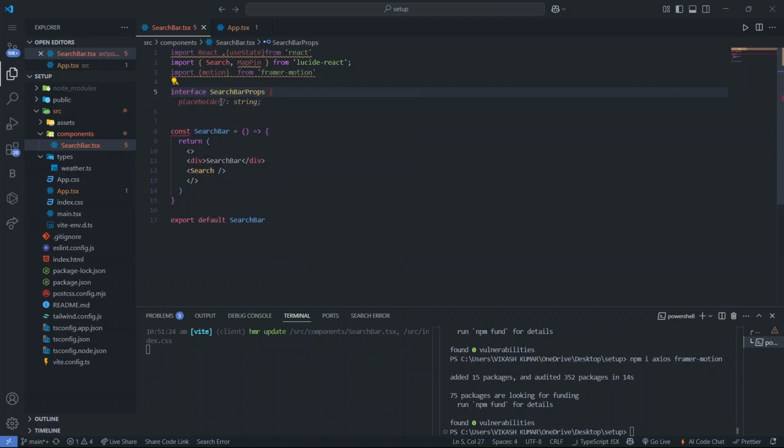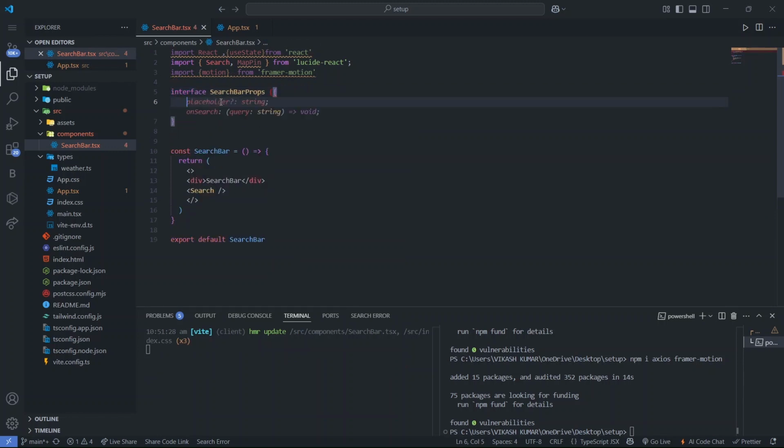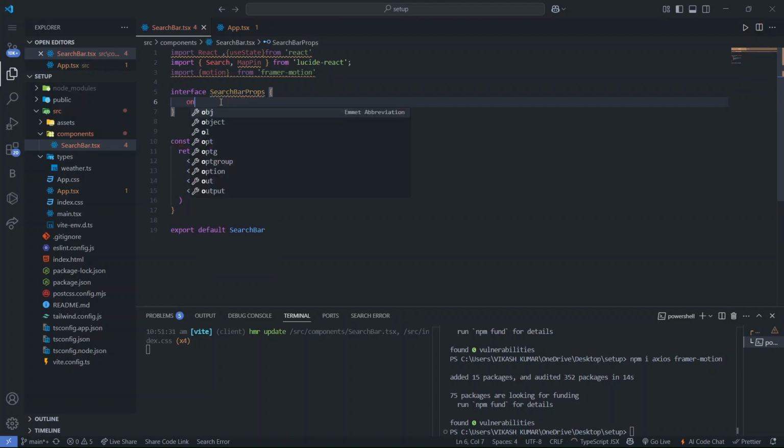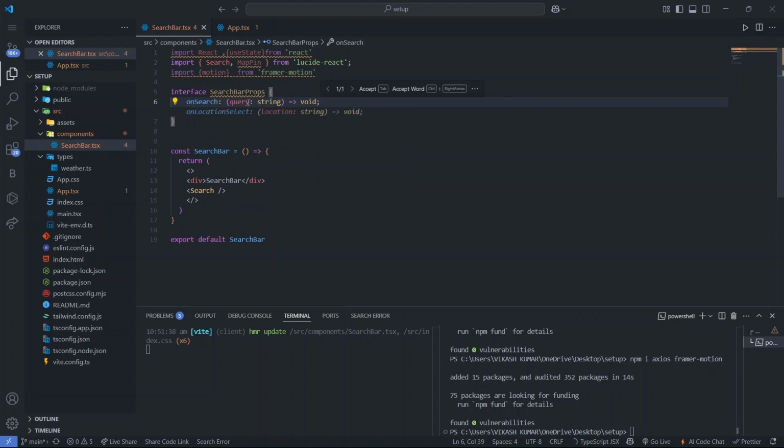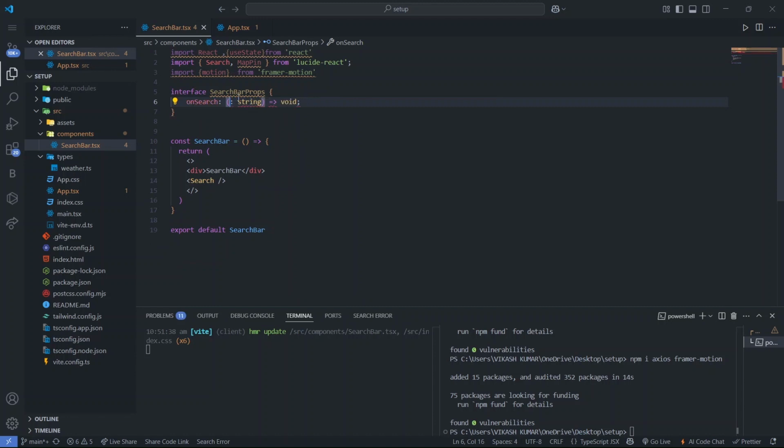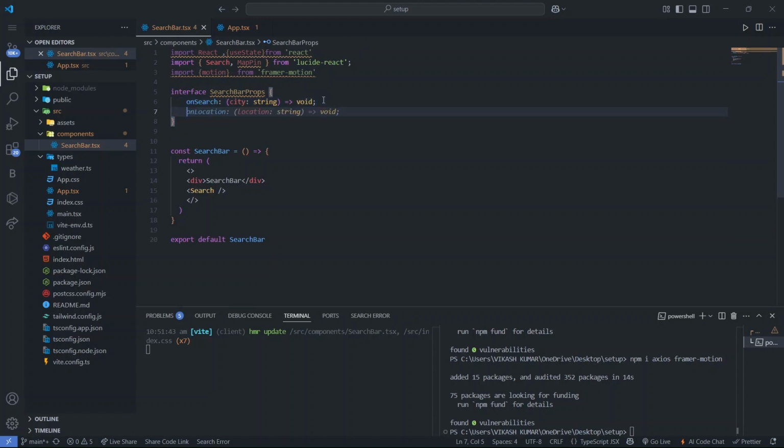So like SearchBarProps, and in this we can write onSearch, and we can pass, not query, you can write city, sorry. So onSearch city will be of type string, and then